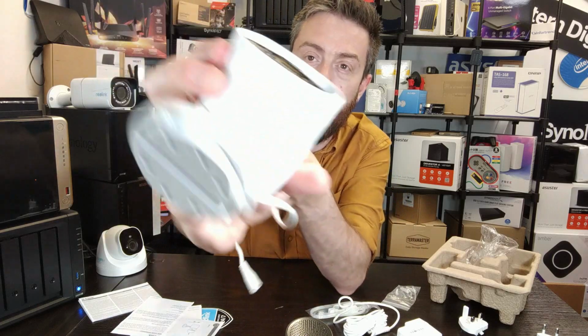Now, you may see a speaker underneath. If I once again bring that very close to camera, you should be able to make out the little speaker, as it has audio in and out, so you can trigger it from the app, something I'll hopefully show you later on, as well as an alarm system you can trigger at the touch of a button as needed. So again, you'll be able to hear any potential intruders, but also speak out to them and raise an alarm